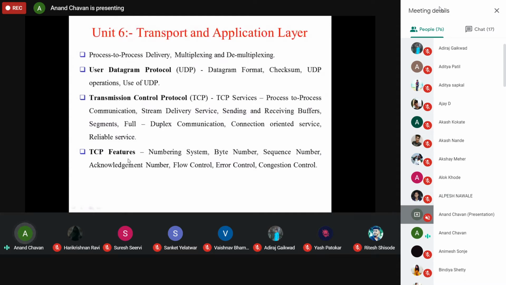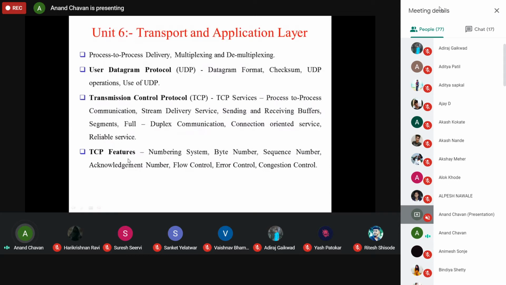Okay, next point, we are going to see the particular features, where we use the numbering system, either byte number, sequence number, or acknowledgement number. In communication between two machines, we send packets, or messages, and each and every packet has its own sequence number and its own acknowledgement number. So it is very easy to identify the packets if a packet is lost in the network.